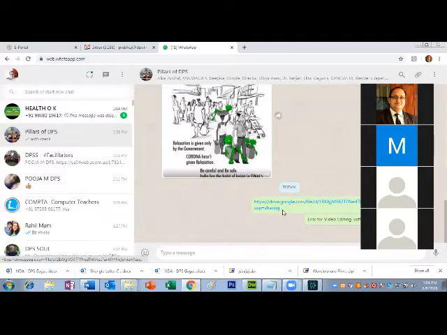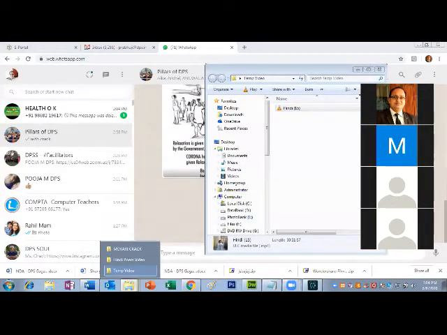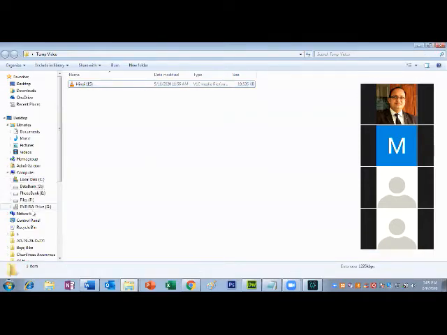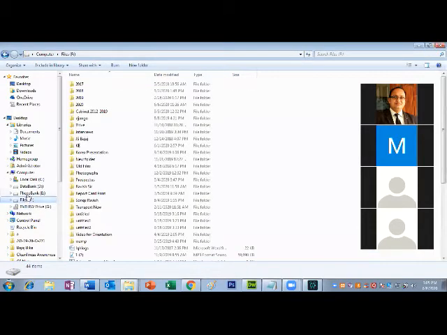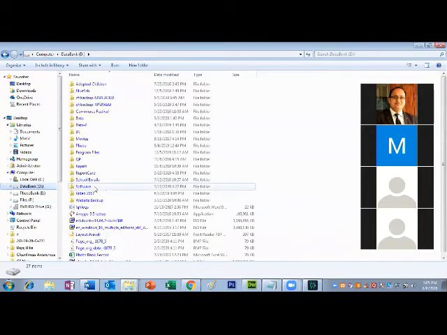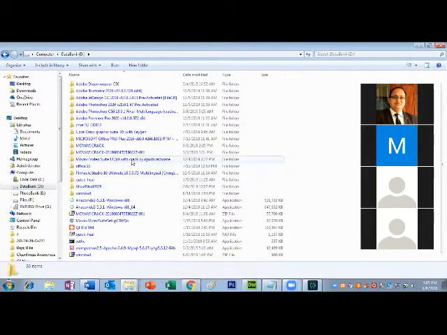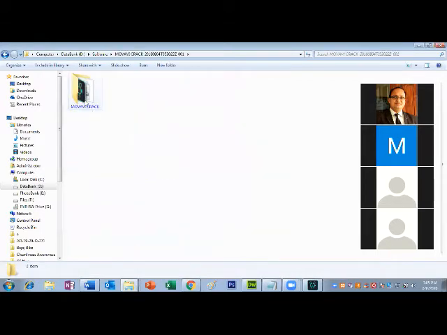This software you can download and install. After installing, you will get one file in that software. Please check how it will look. This is my software, the one you are going to download. It will be in a zip folder, so you have to unzip it. You have to extract it. After extracting, the software will be like this.